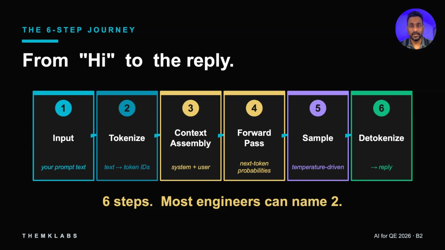Step 5, sampling. Temperature picks one token out of that distribution. And step 6 is detokenize. It's written back into text, and that's the reply you see. Six steps, right? Here's the thing. Most engineers can name two, maybe three. By the end of this module, you'll name all six and tell me which are the ones that you can